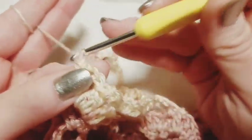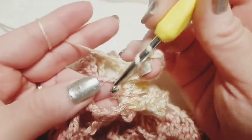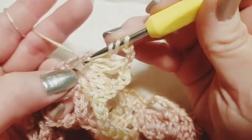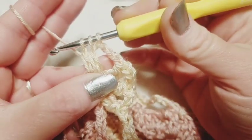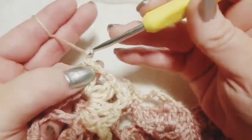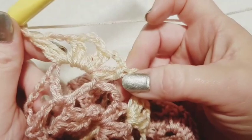So now I'm going to do my 4th. I'm going to chain 3, 1, 2, and 3. I'm going to wrap my yarn, go back down into the same exact space, pulling up a loop. I'm going to pull through 2. I'm going to hold it, 2 loops on my hook. Wrap my yarn again, insert into that space, pulling up a loop, pulling through 2. I'm going to hold it, 3 loops on my hook, so I'm going to go ahead and pull through all 3 loops. Now I'm going to chain 3 again, 1, 2, and 3, and I'm going to do my 5th